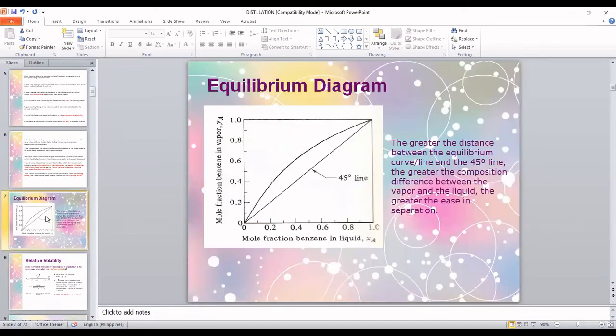Now, our analysis of distillation, especially how we answer problems in relation to distillation, will require this equilibrium diagram. So at the start of our lesson, our first meeting, I think second meeting, we have